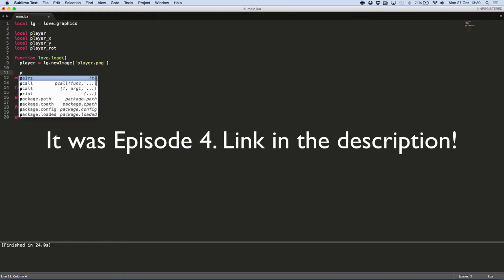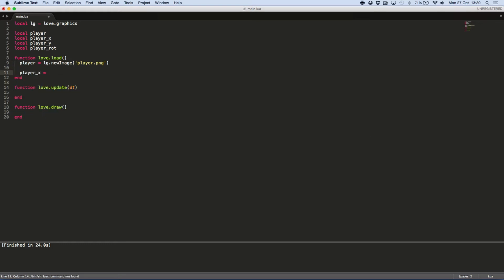Player X equals, let's say 100. Player Y equals 100. It really doesn't matter what your player X is. It just depends on what you want. And player rotation equals